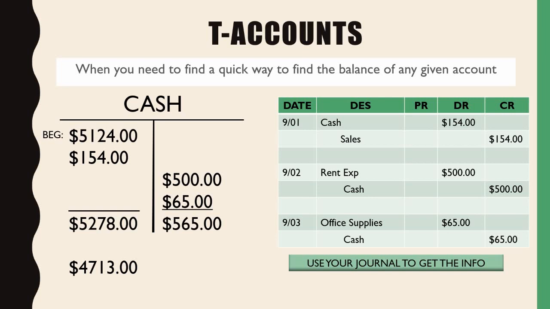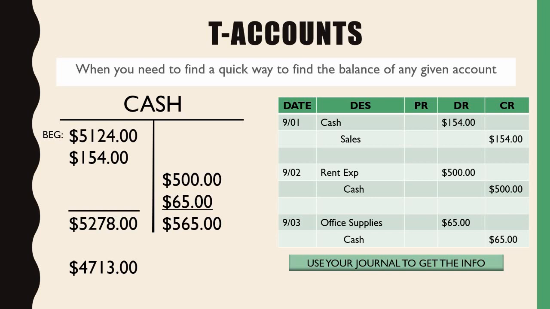T accounts are pretty, I guess, straightforward, kind of, not really. I'm not going to require you to know this, but what T accounts are, pretty much, again, if our journal is only going to reflect our daily transactions, right? What I can do on the side of the journal is, what if I need to make a quick account balance? What if I'm spending too much money and I don't know what my account balance is? That's where I can go on the side of the paper and just write down, okay, if I started with this amount,